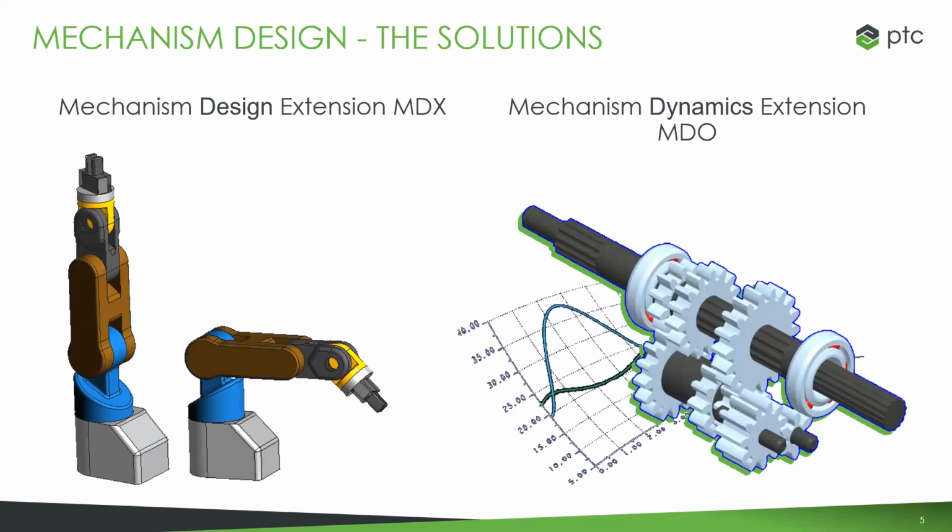And there's two areas I'm going to cover first and foremost. So the first area here is going to be our mechanism design capabilities. This is something that comes standard with every Creo Parametric license. It's really our tools right from within Creo for